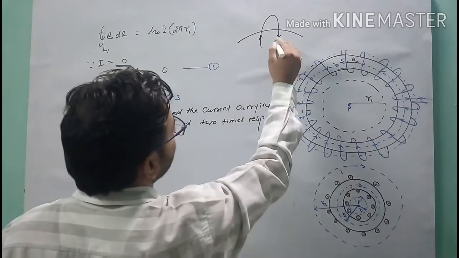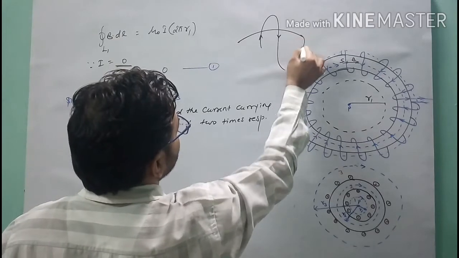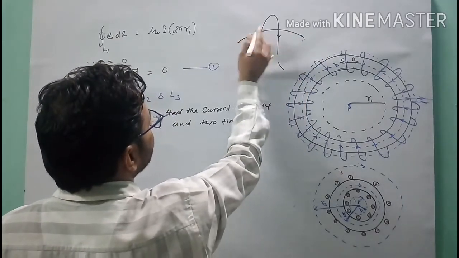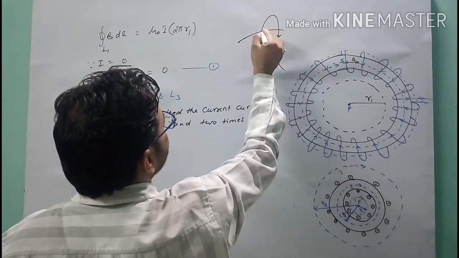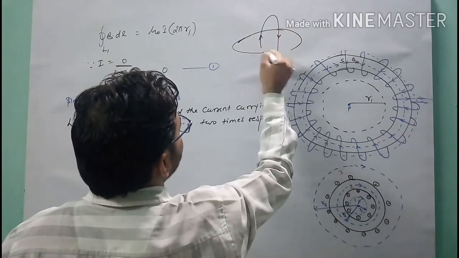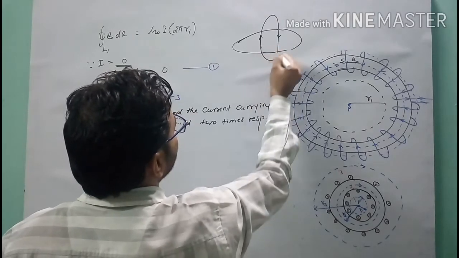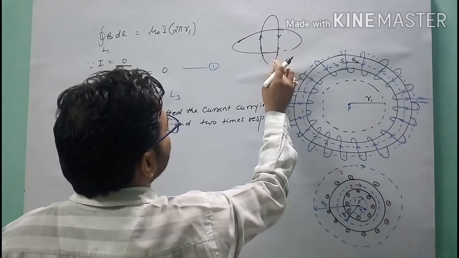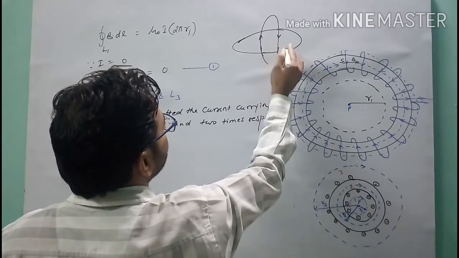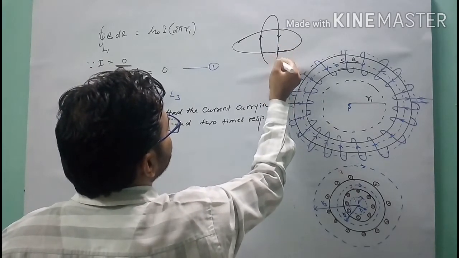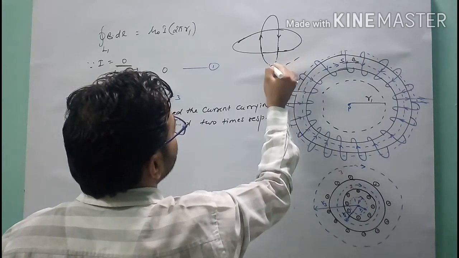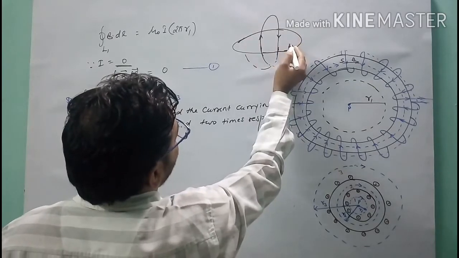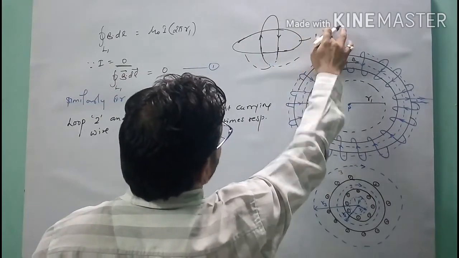In both of the cases, the current enclosed by the loop, I am drawing this diagram. In both of the cases, the current enclosed by this loop, in two times, the direction of current will go like this, it will go like this. In this case, for loop third,